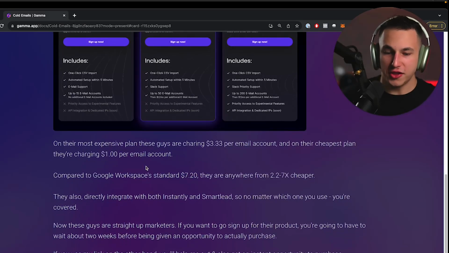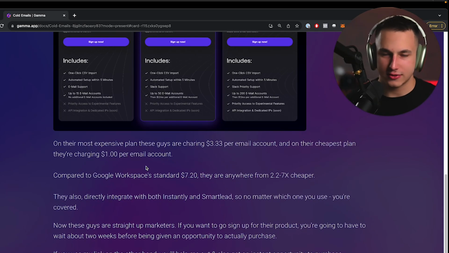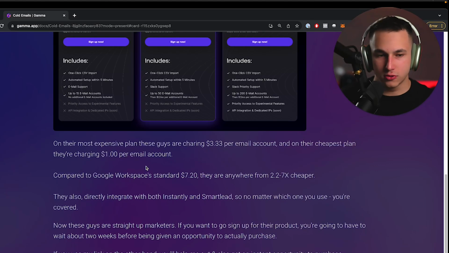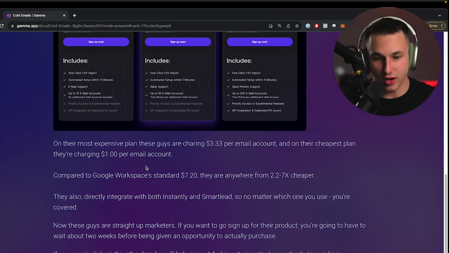Now, the thing is, these guys are straight up marketers. They are playing the whole exclusivity game where they're trying to pretend there's scarcity. So if you go on the website and try to buy it without using my code, they are going to make you wait 2 weeks in an email sequence where they warm you up supposedly